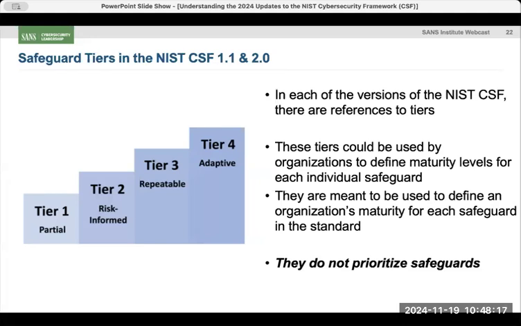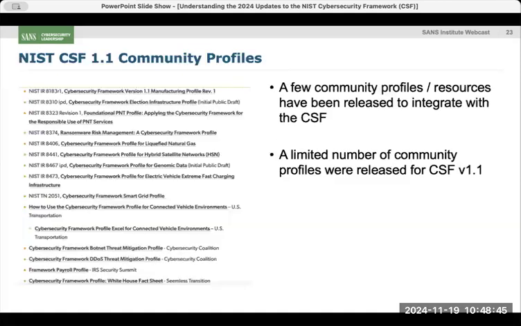They use tiers to talk about how well you're doing implementing each of those, but they don't actually say do these first and then these others. That's not their focus. So again, just keep that in mind as you're going through this. In fact, most standards don't. There's only a couple of safeguard libraries that do. The CIS controls, 853, the CRF safeguards would be examples of some of them that do prioritize safeguards, but the CSF is not one of them.